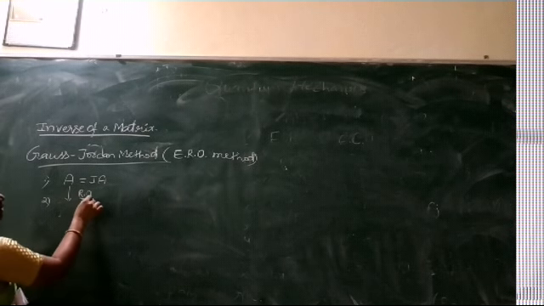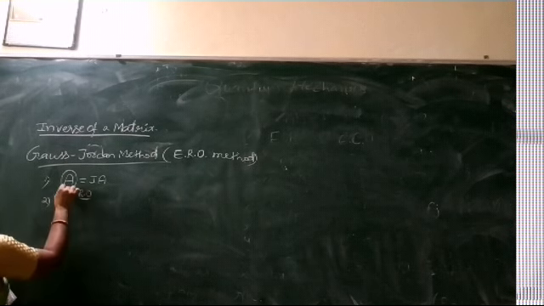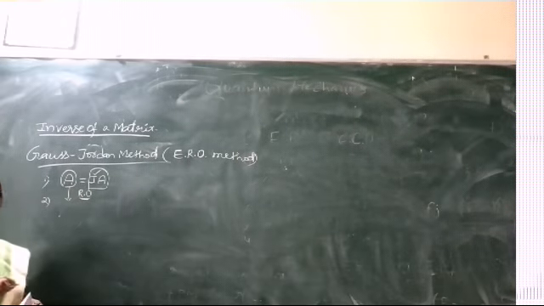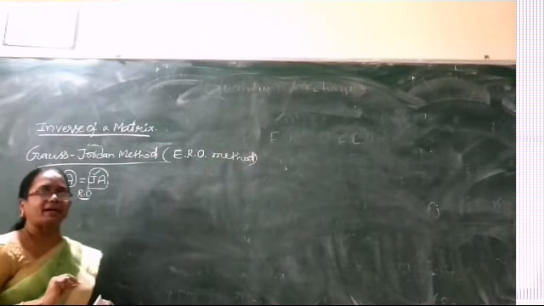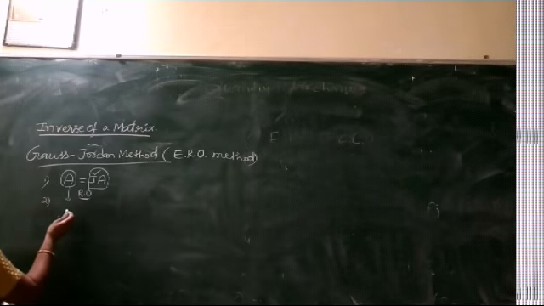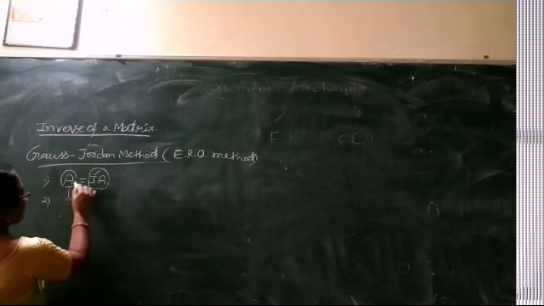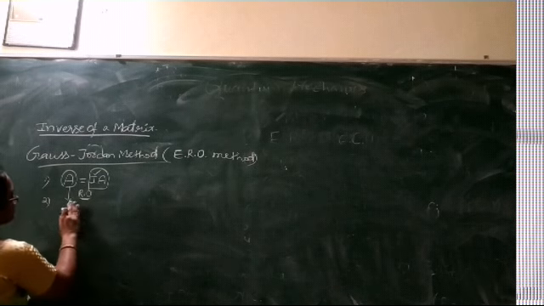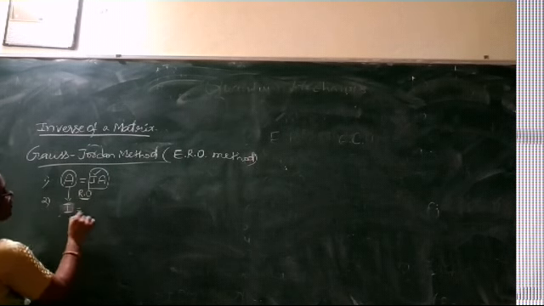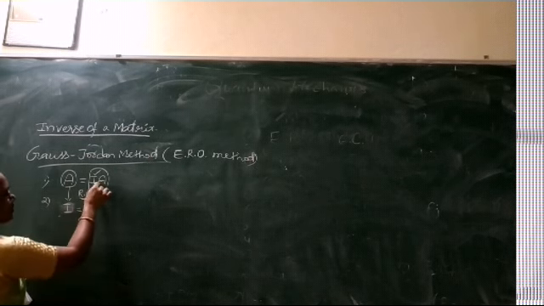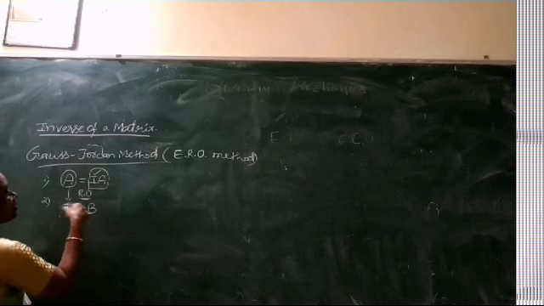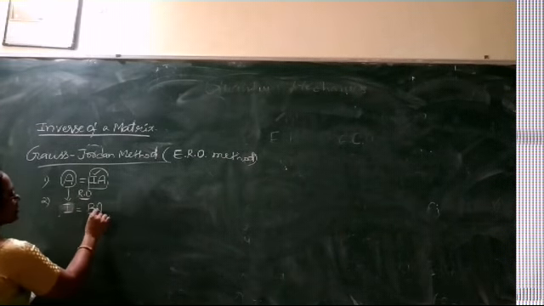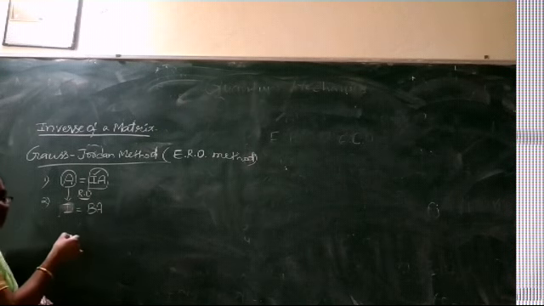Each of these row operations is applied on the left hand side, A, and the right hand side, prefactor I, which is an identity matrix. As a result, the left hand side reduces to an identity matrix, and the right hand side reduces to a new matrix which is a non-identity matrix. Call it B. A remains the same. So what is happening here?